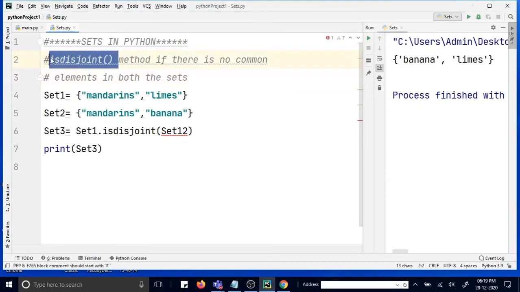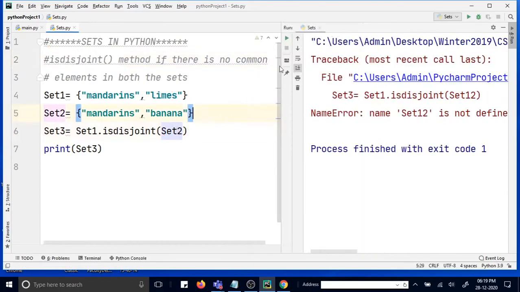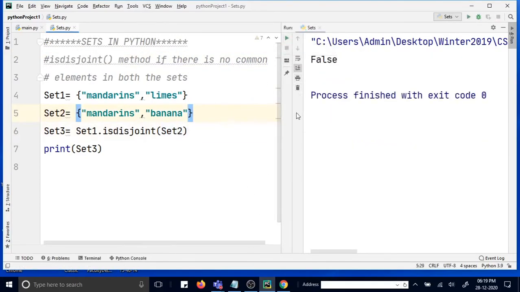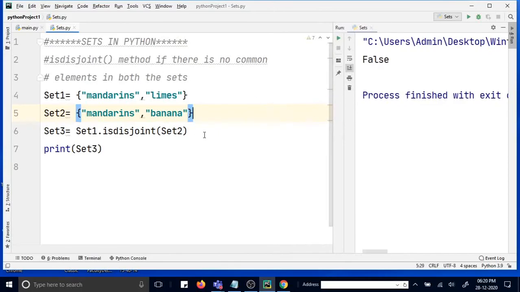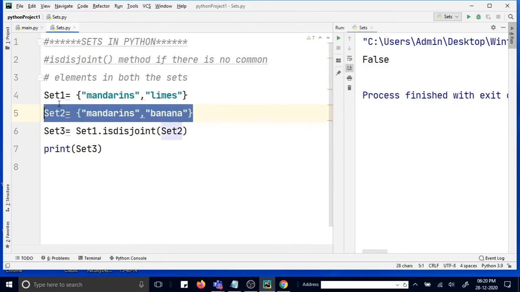Disjoint method, if there is no common element in both the sets. False. Disjoint operation returns false. Why does it return false, students? Because we have a common element, mandarins. Okay, this is the common element. That's why set 1 and set 2 have common elements. So it is not disjoint.